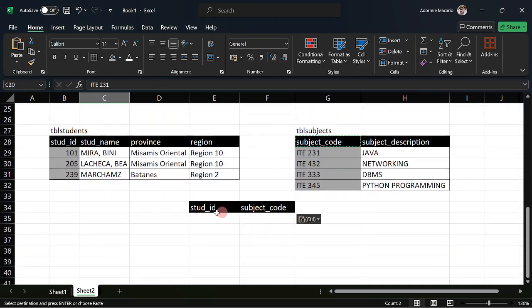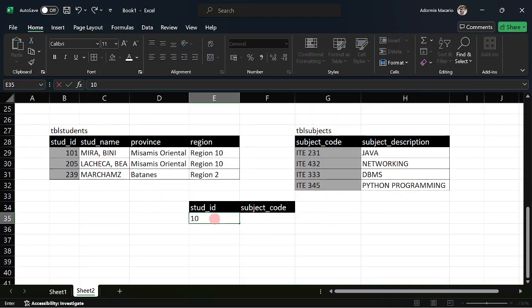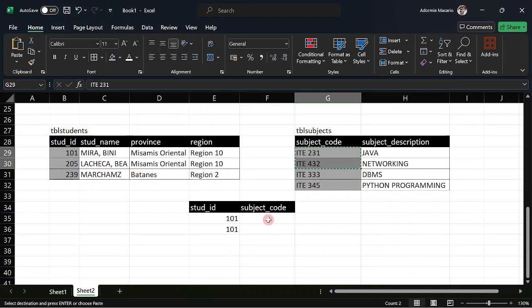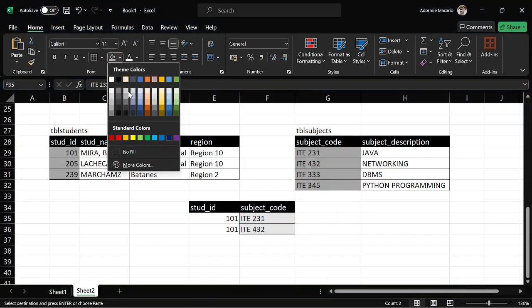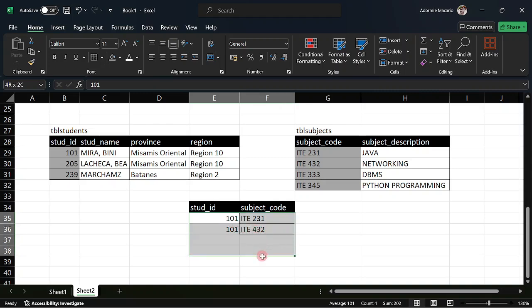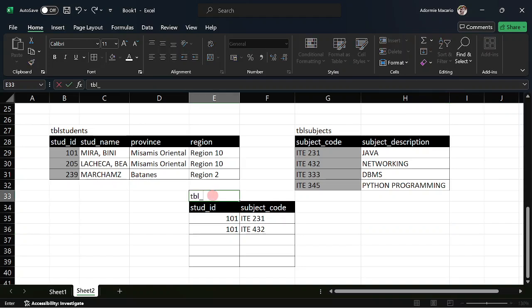So here, I'm just going to have 101 and 101, meaning Mira has two subjects. What are the subjects? We have 231 and 432. I'm just going to call this one TBL student